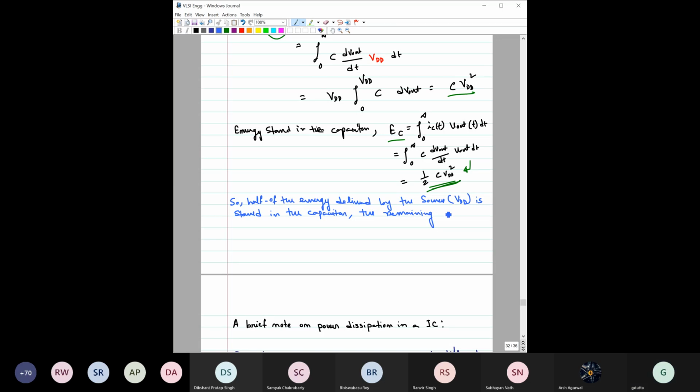The remaining half of the energy is dissipated as heat in the resistor during the transition. Resistor means the equivalent resistance of this transistor, right? Then during the discharge phase, that is V to 0,